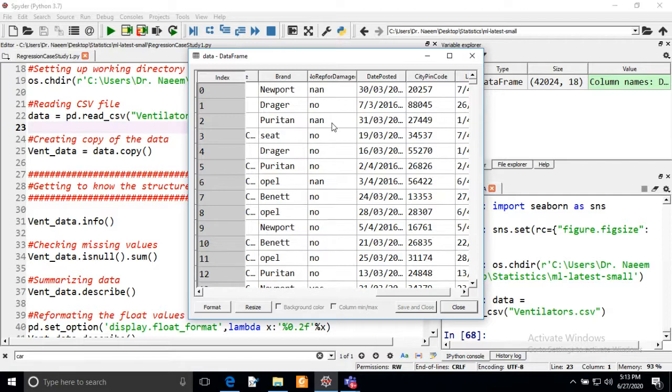So we don't require to read the data with the na_values keyword that we were passing to the read_csv function. Here it directly gives NaN, so we don't require that keyword in the read_csv function.